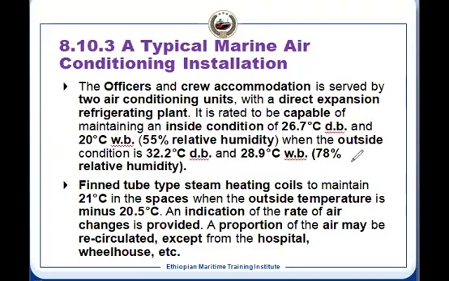This condition will be the inside condition when the outside condition is 32.3 degrees centigrade dry bulb and 28.9 degrees centigrade wet bulb and a 78% relative humidity. That is the fresh air condition, outside condition, and we are maintaining a control condition in our conditioned space, that will be this condition. So now, as we know that the air is a bad conductor of heat, it means